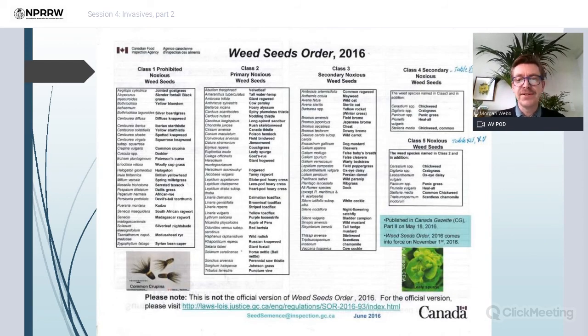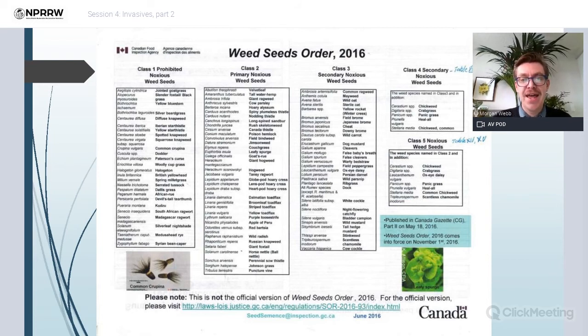So this is the weed seeds order. You can see that it's broken down into classes. Class 1 is prohibited noxious weed seeds. This was upgraded in 2016. The prohibited noxious weeds, as well as the other 2 classes, primary noxious and secondary noxious, were populated with native seeds that are found maybe not commonly, but throughout Canada. And so one of the things they did was clean up and take off anything that is a native species, because it's just not productive to call something that might spring up as a native